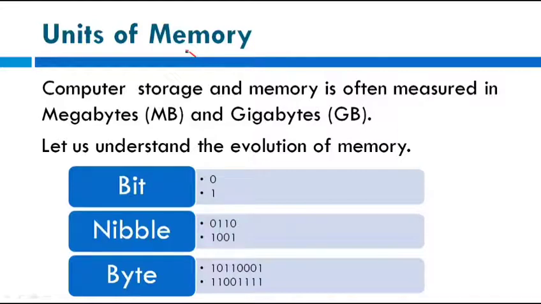So it cannot be the character A. The computer doesn't recognize A as such. So we need to convert it into some signals which the computer can interpret and sense. Basically, when we talk of a computer, we say it's an electronic device and a digital device. A digital device means that it can accept input only in the form of high and low signals.